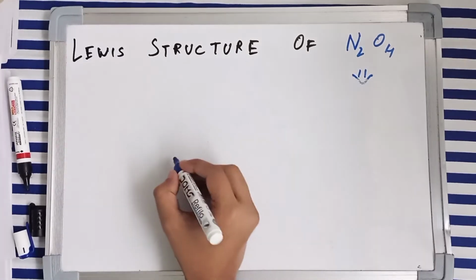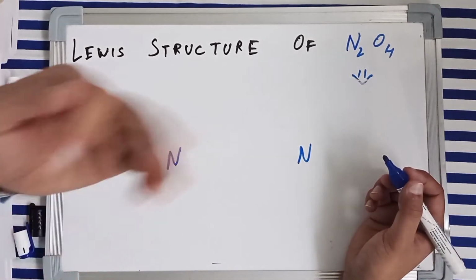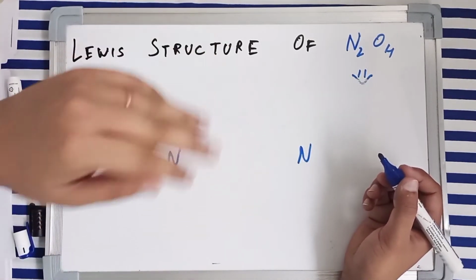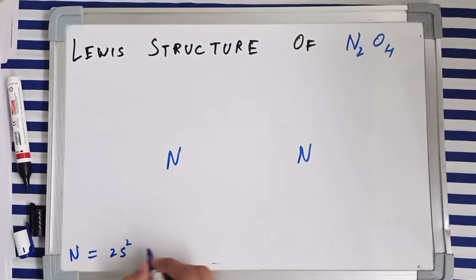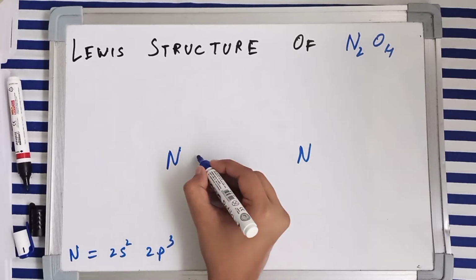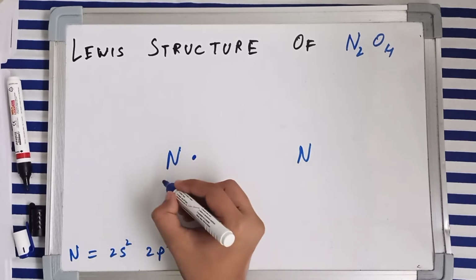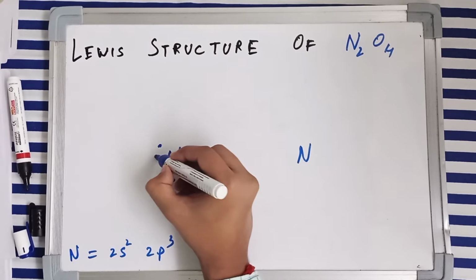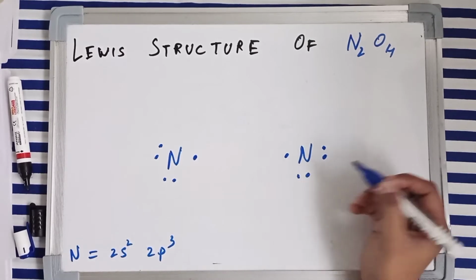You've got 2 nitrogens, and they had 3 unpaired electrons, which means they are going to make 3 covalent bonds, and the 4th bond will be a coordinate bond, and I'll explain how. See, the electronic configuration for nitrogen was 2s2, 2p3. You've understood the process of the making of covalent bonds by the 2p electrons. Now, I was talking about 2s. See, nitrogen has valence electrons 2 plus 3, 5, right? So you've got 1, 2, 3, 4, and 5. Similarly, this nitrogen 1, 2, 3, 4, 5, right?